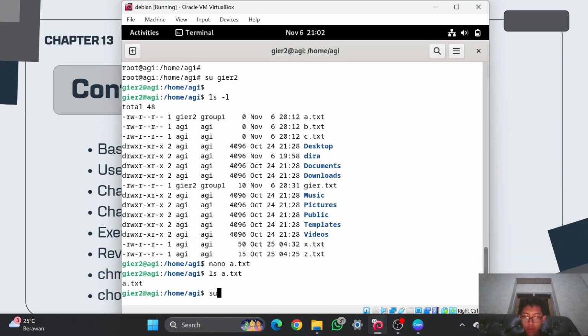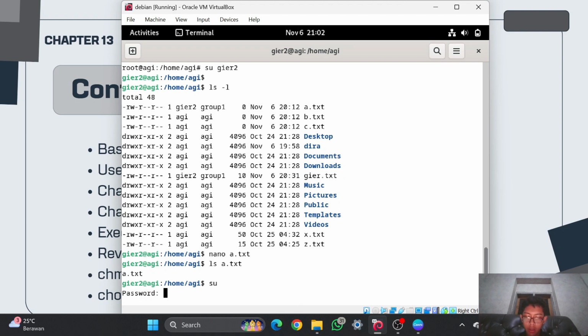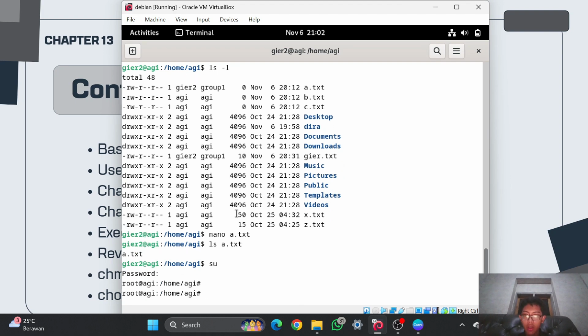I have to go into the root again, and then I will add the permission in here using W. You can use chmod and then the g. For group it is g and then plus, because I want to add the permission, and then I want to add writable or w, and then after that it is the name of the file, which is a.txt.